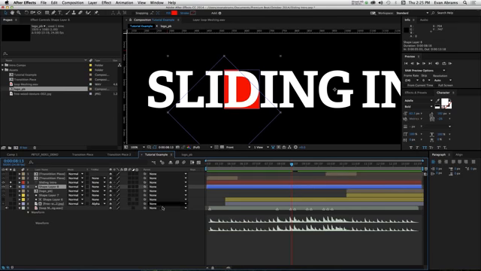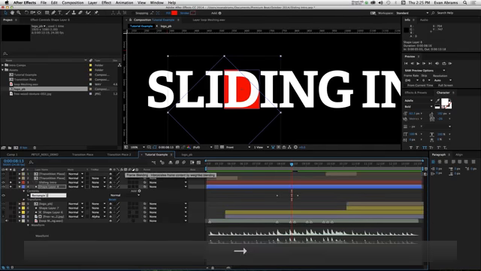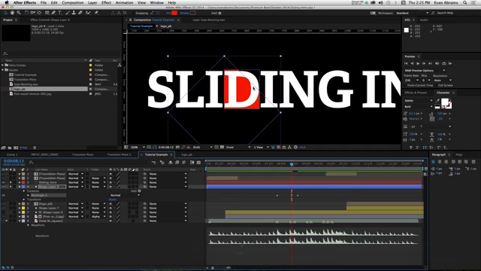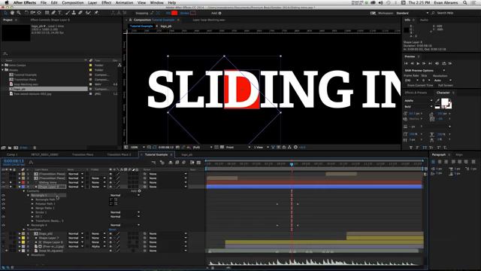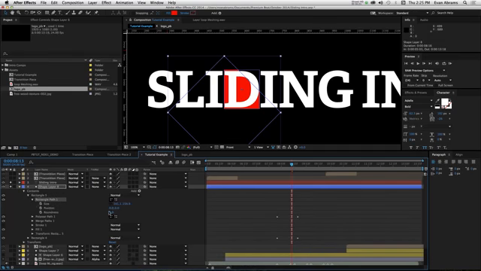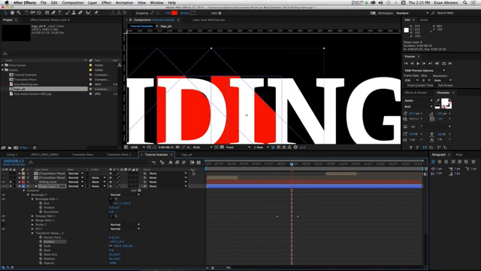So check this out. I'm going to just go into here. We're going to look into the contents. We've got this rectangle. I'm going to rename it rectangle 4, only because it is 1, 2, 3, 4, and it's right there. So I'm going to duplicate that. So make rectangle 5, and I'm going to move this over to be lined up with the eye here. So there we go. We're going to transform. We're going to move it over. We want its little anchor point to be right in the middle. Perfect. Then I'm going to alter the size of this thing to be way more exact and keep nudging that position. We're going to get it correct